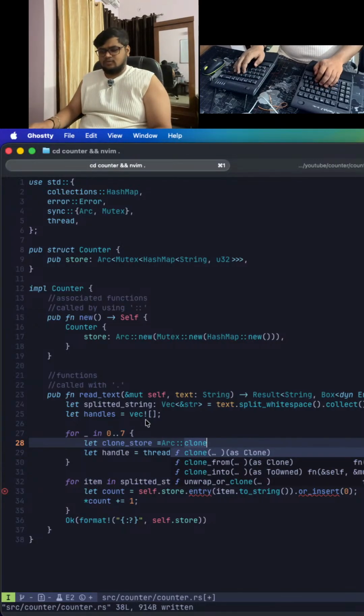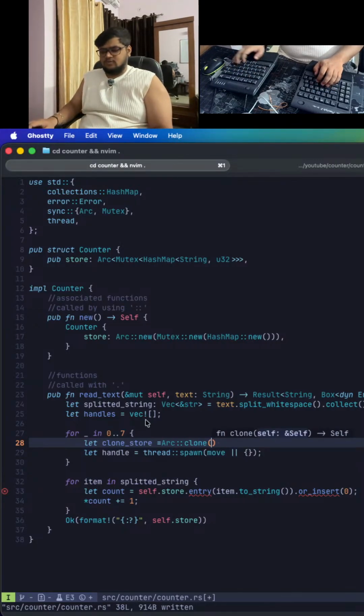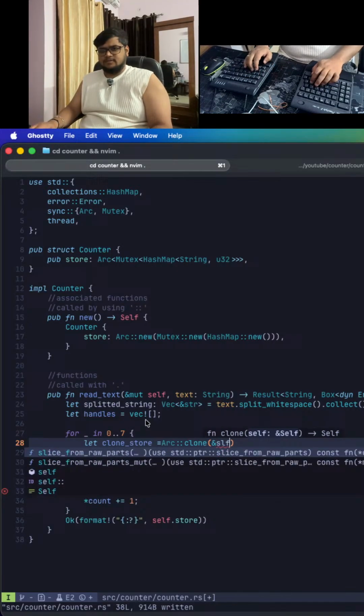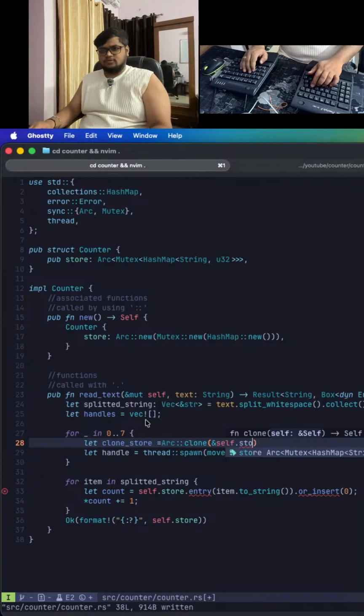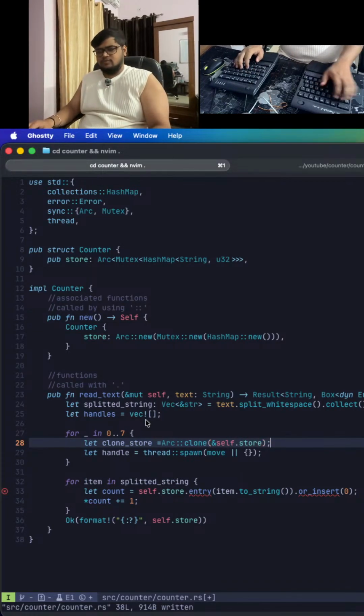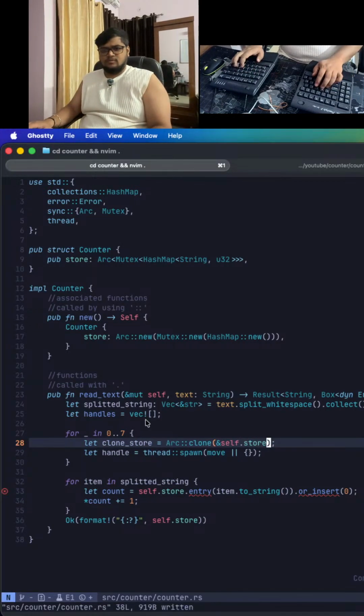Clone, right? And over here, it takes a self of type Self, and you can say self dot store, right? We have a clone store,